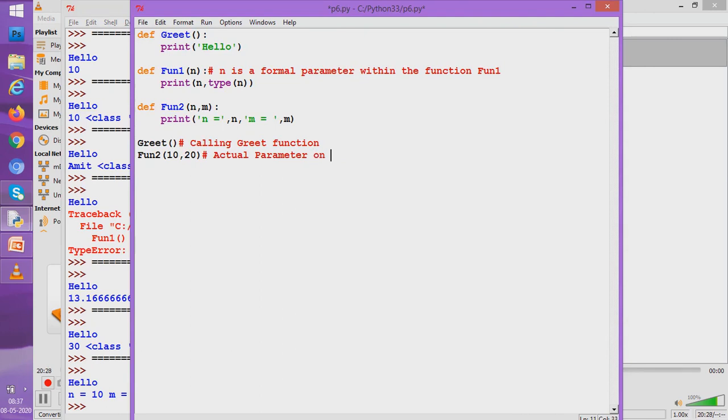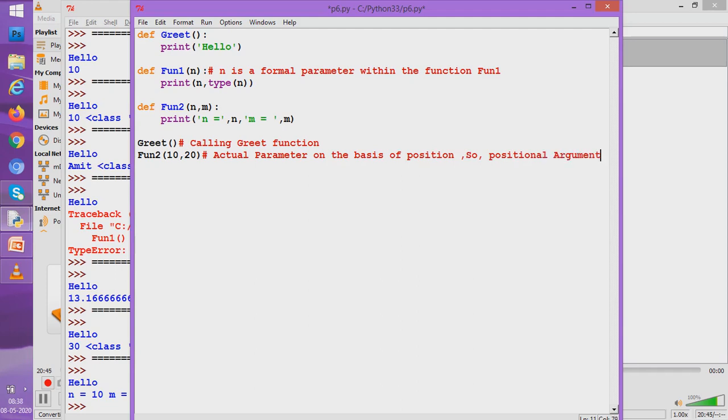On the basis of position. So it is known as positional argument.